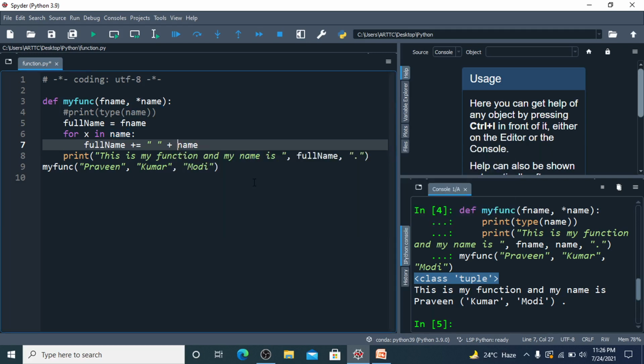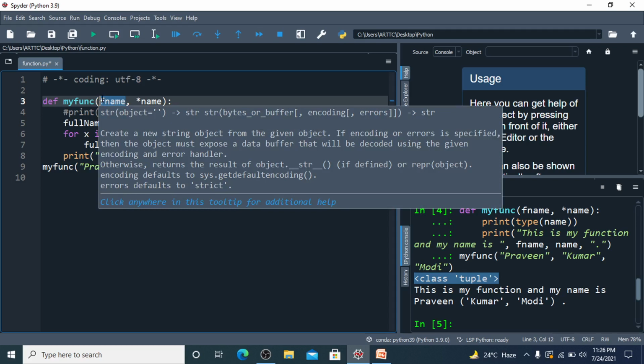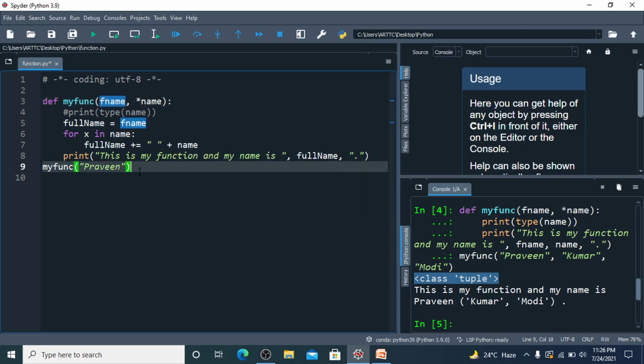Now what will happen if I use this single parameter? Since fname is mandatory, we have to pass one value, and then it will work.